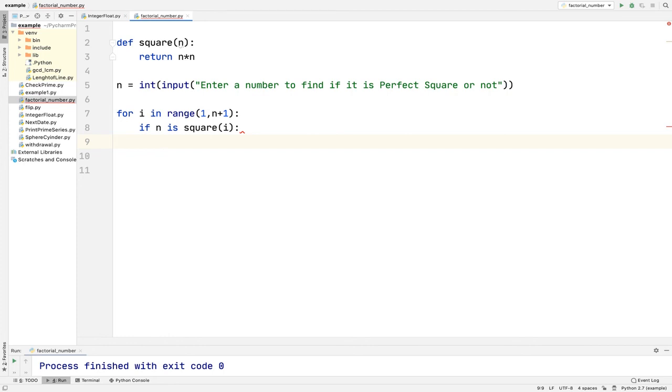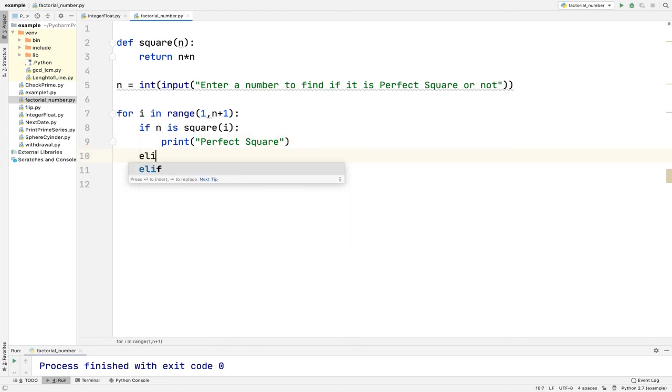Suppose I have entered 16, so I will find the square of 1, 2, 3, 4, and if at any time that square is equal to the entered number, which is 16, then in that case I will print perfect square.